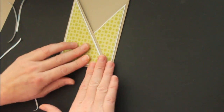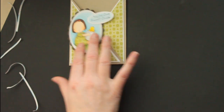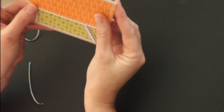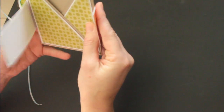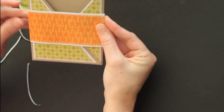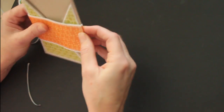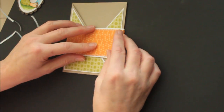Now, you could already decorate it like this, but I thought a belly band would be pretty, and I just used a piece of cardstock a little bit bigger and scored it at 4 3/8 instead of 4 1/4, and then at 8 3/4, because this is so bulky because of the 2 pieces already that you need it